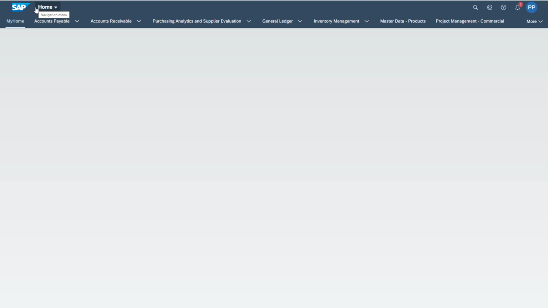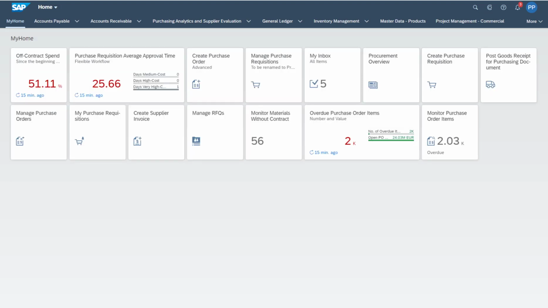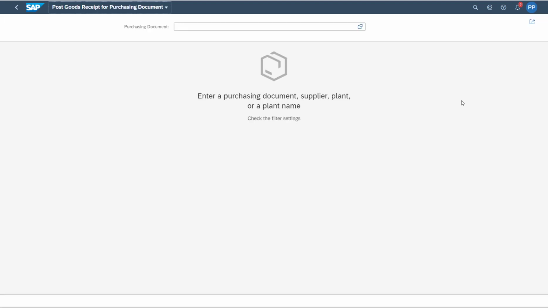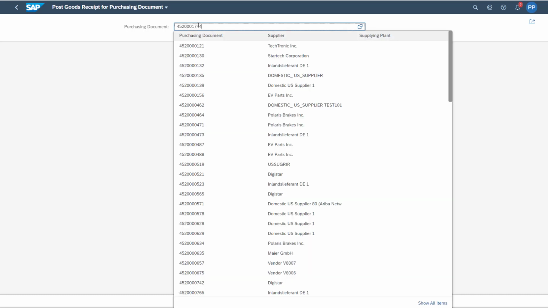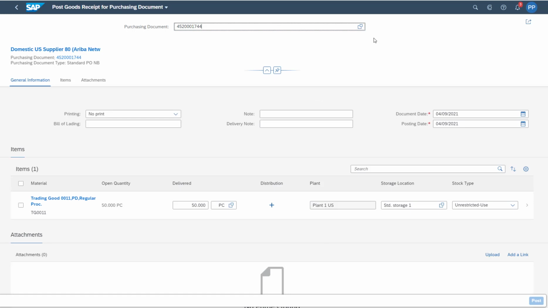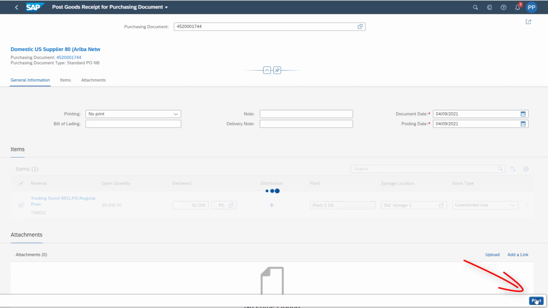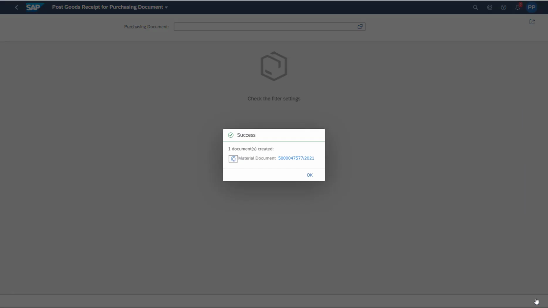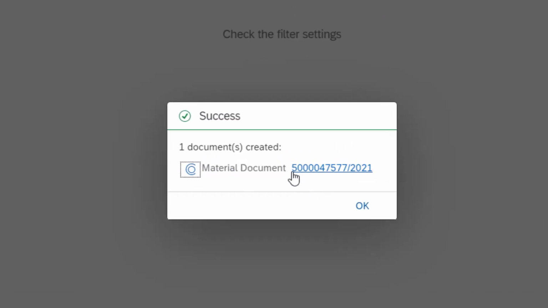So as a purchaser, I can now expect that the goods will arrive. And for that, I will use another app, the goods receipt app. I will specify the purchase order number, which I created earlier on. As you can see, I found it. I could do all kinds of checks, but in this case, I'm going to say I've received the goods, and I will post them as well, meaning the 50 pieces are safely arrived in our warehouse. Now mind the number, which is the confirmation of the goods receipt. It ends on 77, because I will switch